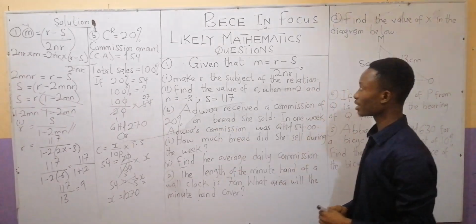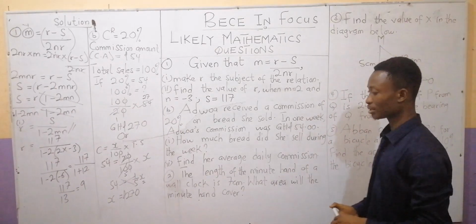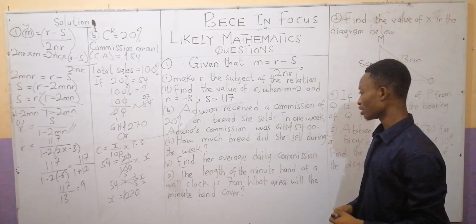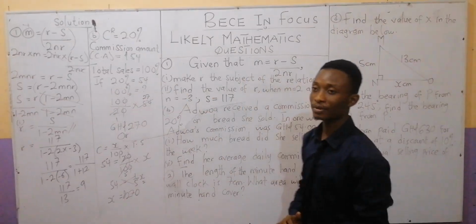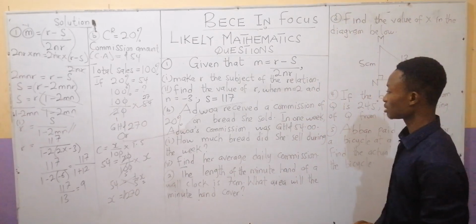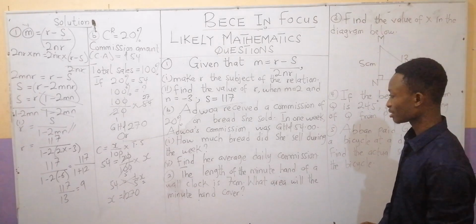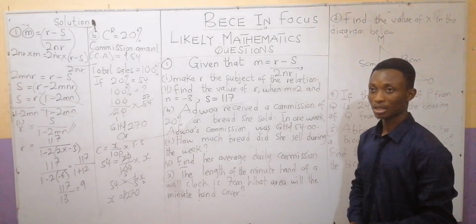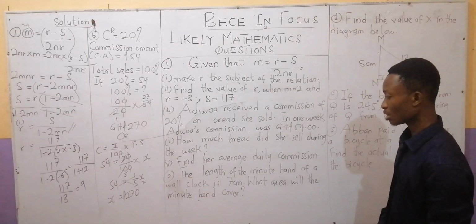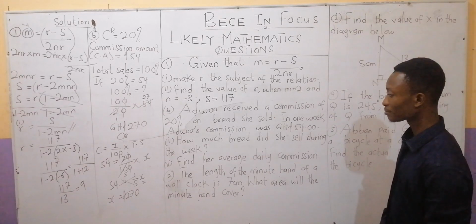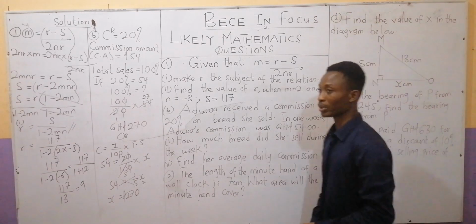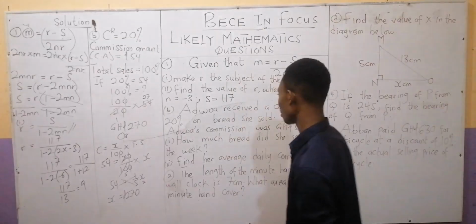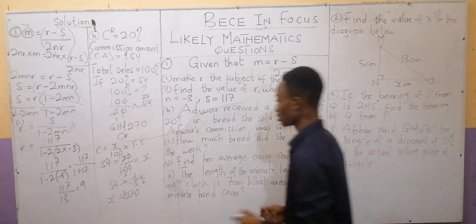Now the second one, find the average daily commission. Average daily commission, meaning daily, for this money, that is for the whole week. Now daily, every day, how much does she take, or how much is she getting? So that is find her average daily commission. So how do we go about this question? We divide the amount that she's receiving by the days that she's working. That is in 7 days. So her average daily commission will be equal to